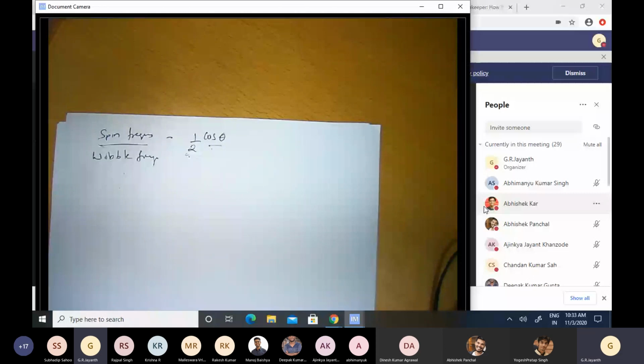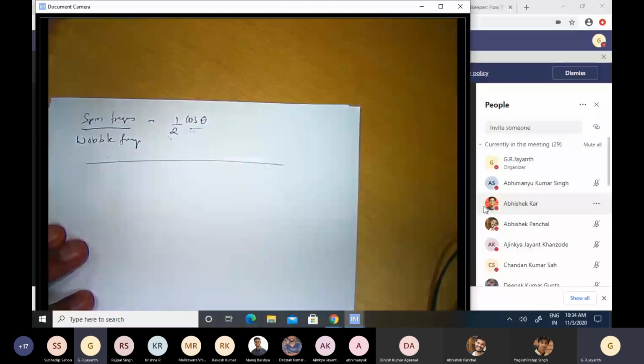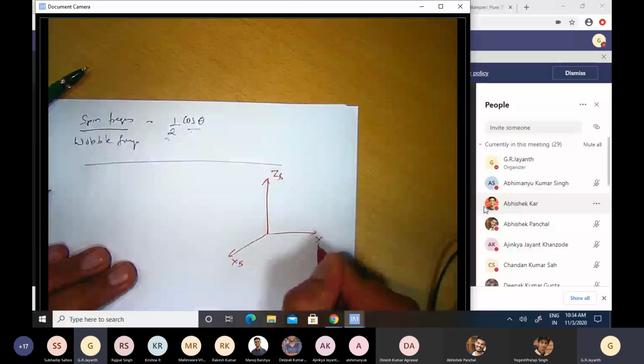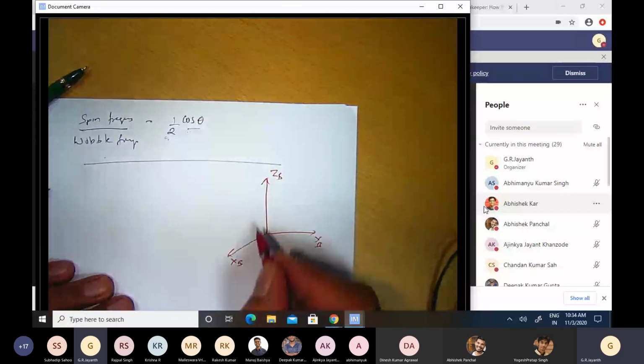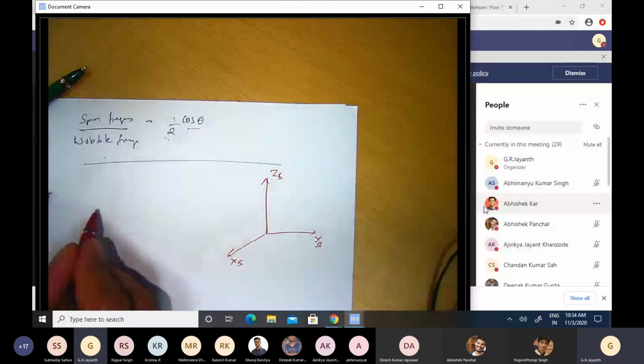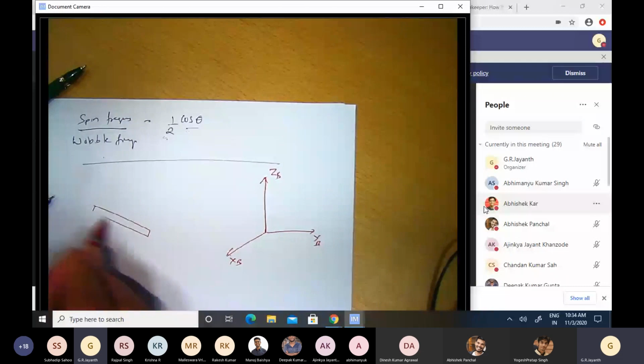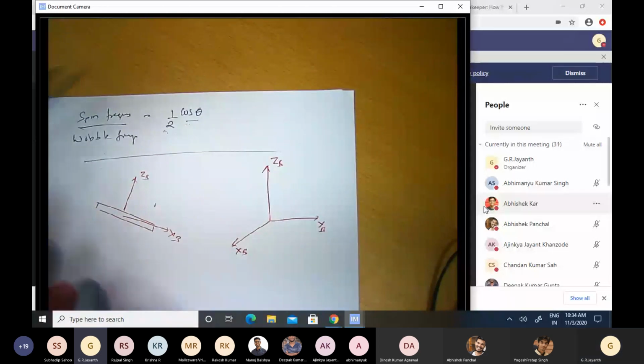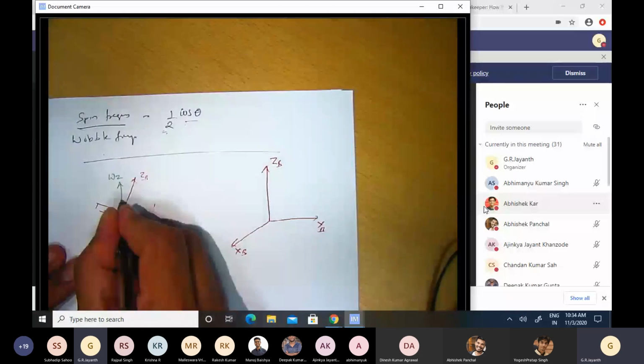Intuitively, it is clear to us if you look at the coordinate system. The body coordinate system, I will draw this straight now. This is, let us say, ZB, and this is XB, and this is YB. This is the body coordinate system, and for reference, I shall draw the plate also here. This is ZB, this is XB, and YB is into the plane of the paper, and omega Z is inclined at an angle theta to the Z axis here.